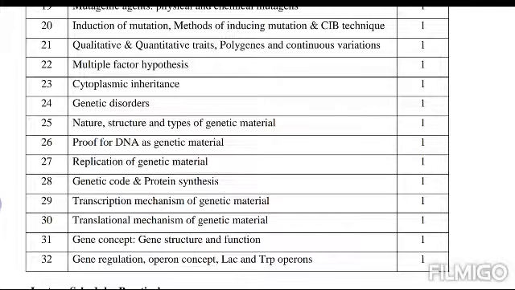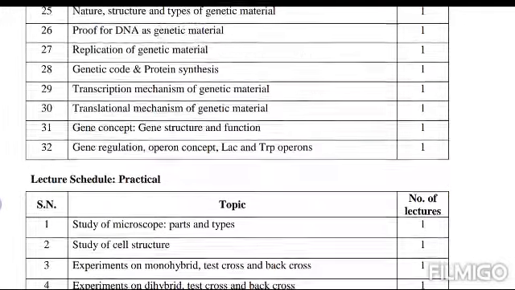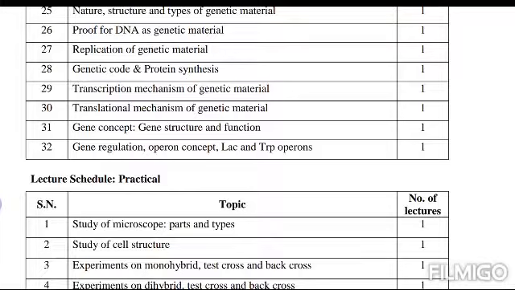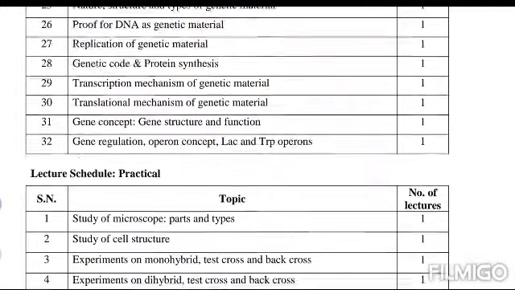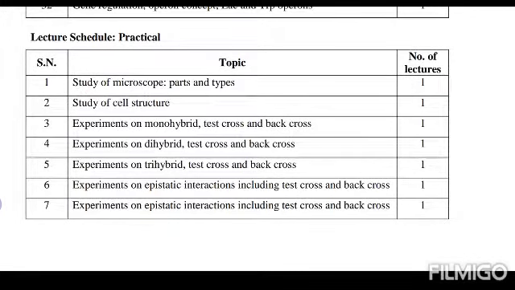material, replication of genetic material, genetic code and protein synthesis, transcription, mechanisms of genetic material, then translation and mechanisms, gene concept, it includes gene structure and function, gene regulation, it includes the operon concept, lac operon, tryptophan operon, positive regulation and negative regulation. Then practical topics of this particular course, microscopic studies, its parts and types, then study of cell